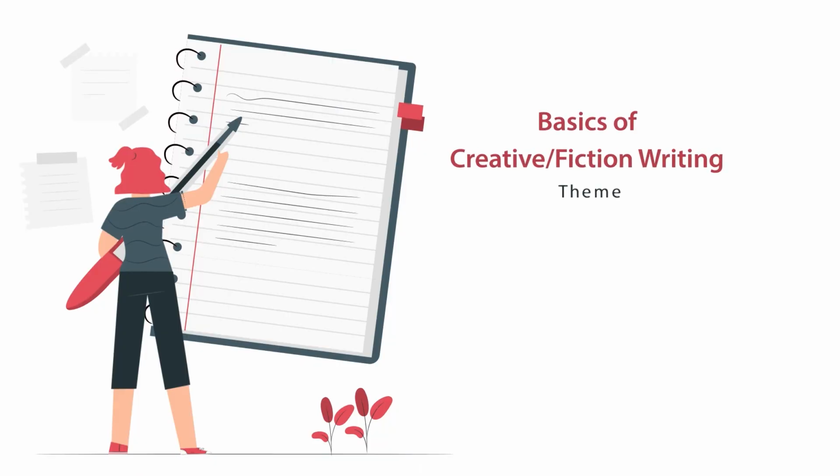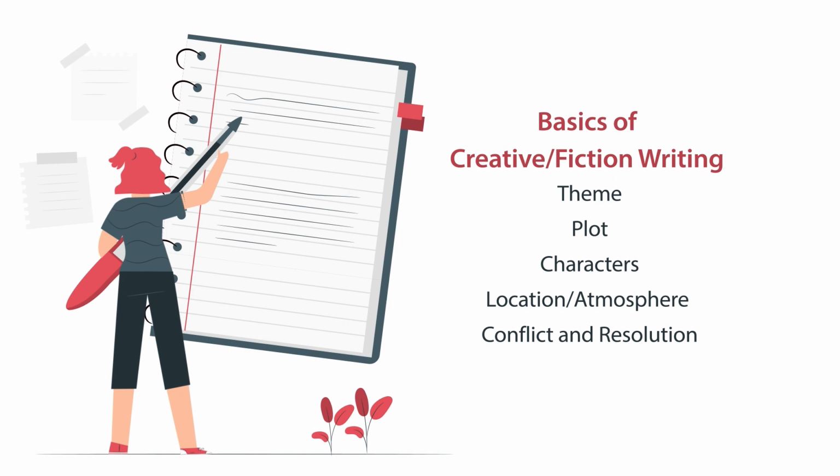And as you are a creative writer, you need to be extremely familiar with the basic terms of creative writing, which are theme, plot, character, location, or the creation of atmosphere, and of course, conflict and resolution. How is the action in your story or poem going to work out? So one of the best starting points for a creative writer is collecting the facts and look at how you want to create a character, location, and story. Where are you going with this? How are you going with this?